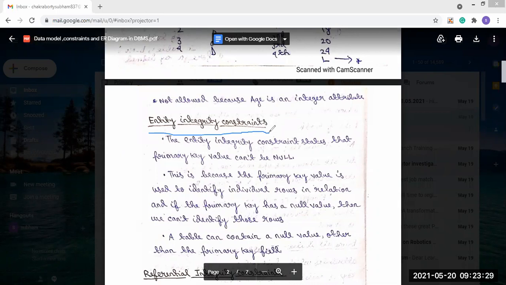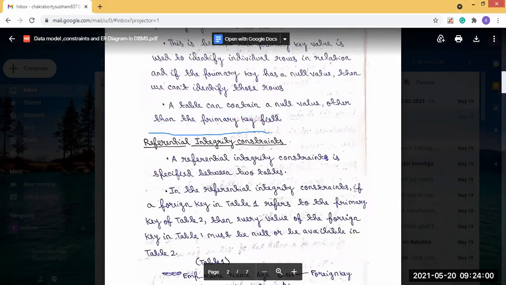So this is the entity integrity constraint: the primary key value cannot be null. The table in which the primary key is present can contain null values other than in the primary key field. So the primary key value cannot be null, but the table can contain null values. Okay, so this is the entity integrity constraint.